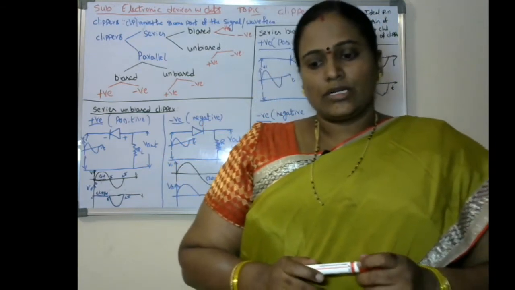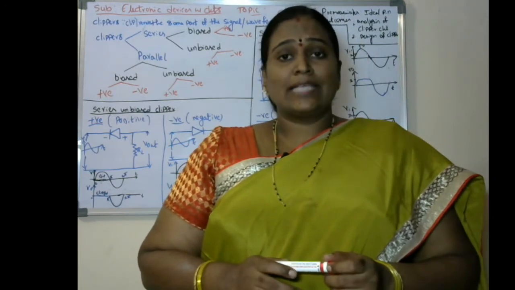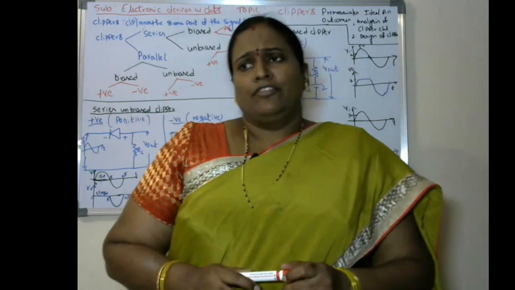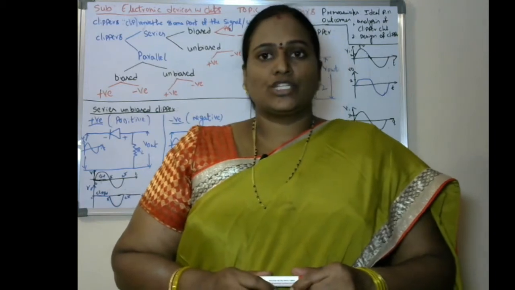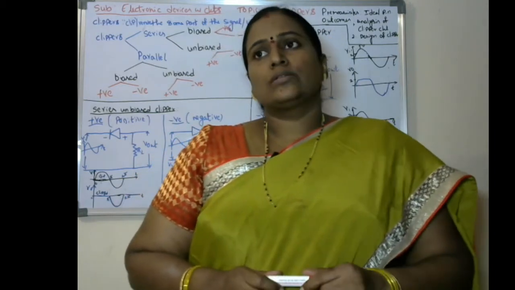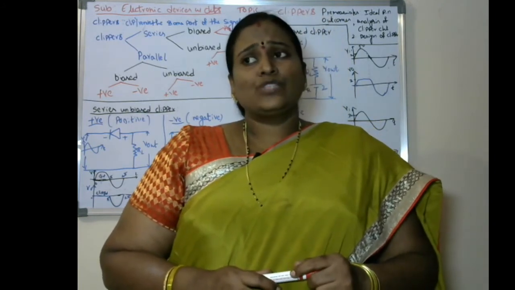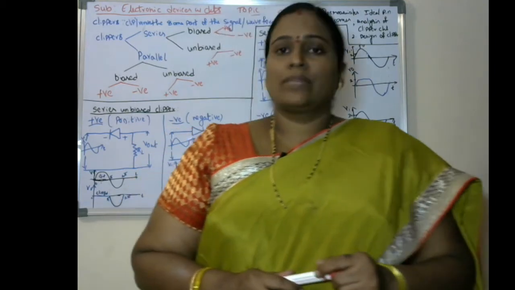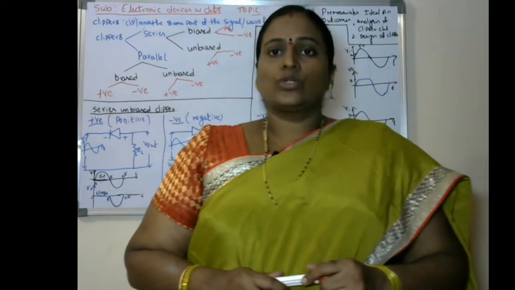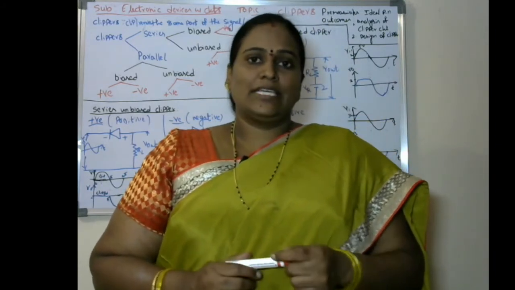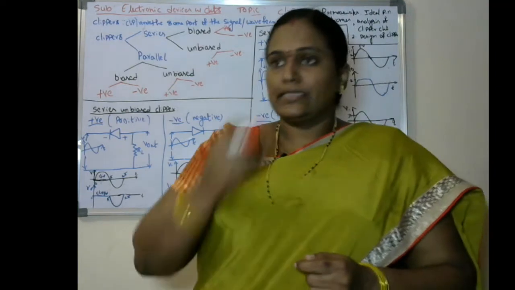In this lecture, we are going to concentrate on how we can use the diode for a clipping purpose. For this, the main prerequisites are basic knowledge of the PN junction diode and how the circuit can be analyzed in series and in parallel format. We should also know how to measure the output voltage across the load resistor. The main prerequisite of this talk is the ideal characteristics of the PN junction diode. So what are the ideal characteristics of a PN junction diode? We will discuss them once again in this talk.